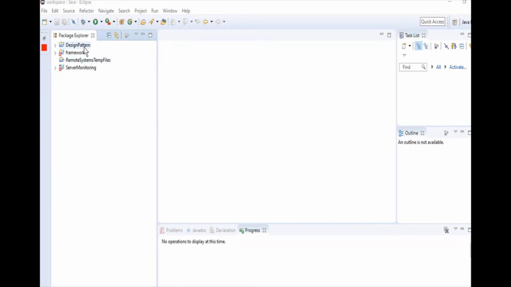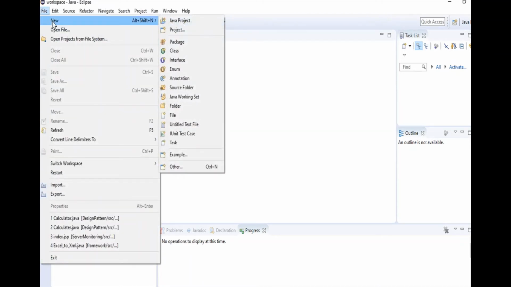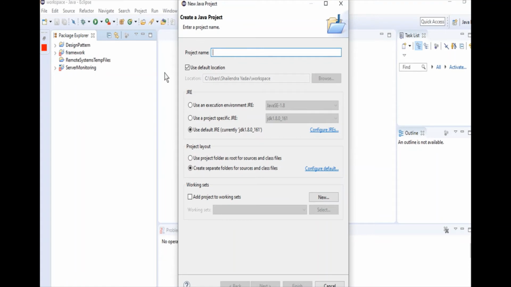Let's see and navigate a few options. Here we can see multiple tab options. Once you click on File, inside File it will show you Create Java Project, and if you select Project, it will show you Maven Project and different types of projects. We will create this Java project for now. So select Java Project. Now type the name of your project, let's say project1.